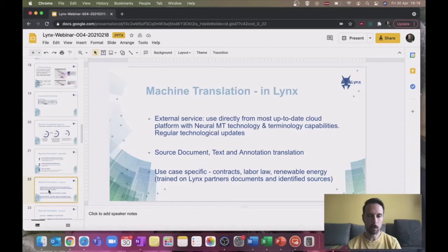So a little bit more about machine translation in Lynx. This is an external service used directly from the most up-to-date cloud platform with neural machine translation technology and terminology capabilities, which also brings regular technological updates because this is a technology that constantly evolves. It enables translation of document text and annotations, and is being used with specific use cases: contracts, labor laws, renewable